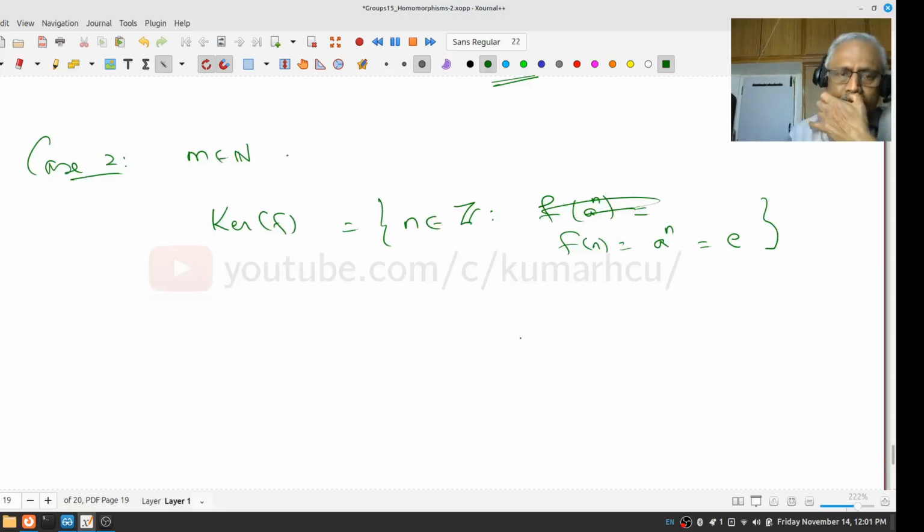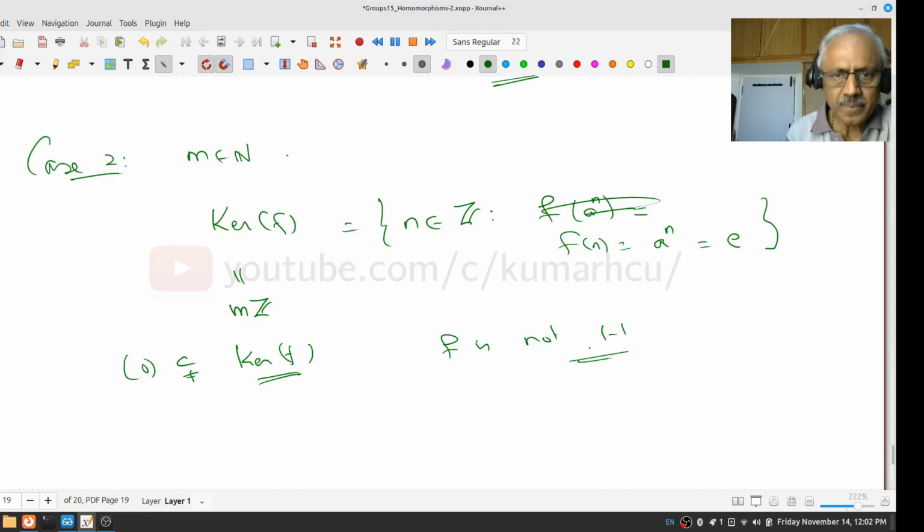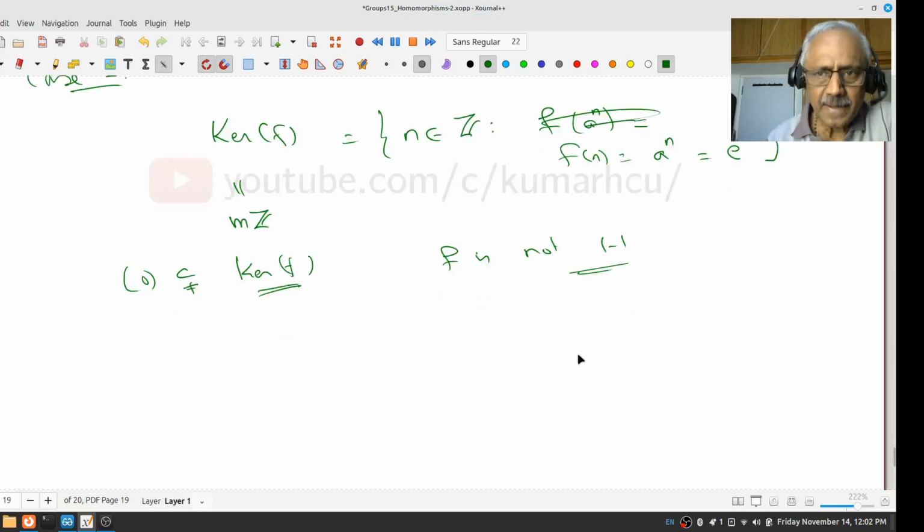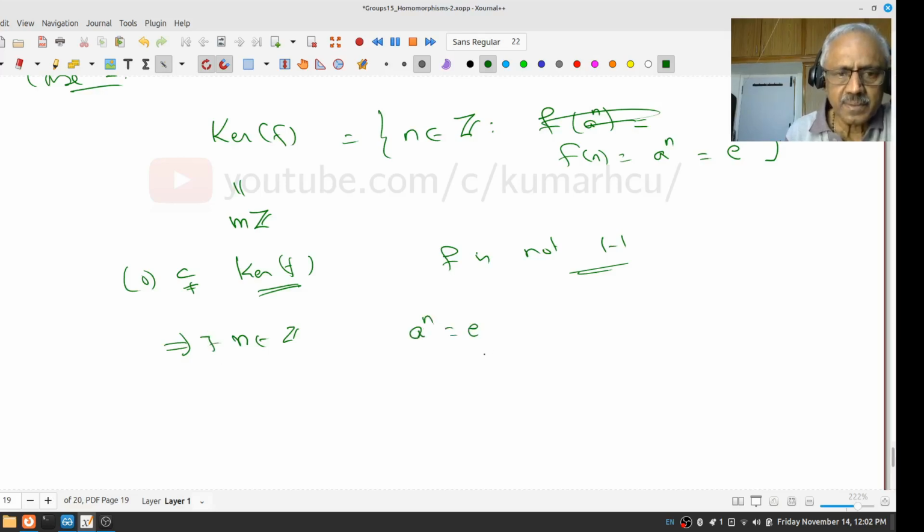So this is a multiple of Z, and that means the kernel of F, the singleton 0, is a proper subset containing a non-zero element, therefore F is not one-one. That means there exists some integer n such that A power n is identity. So I can as well assume that my n is a natural number, other than 0,